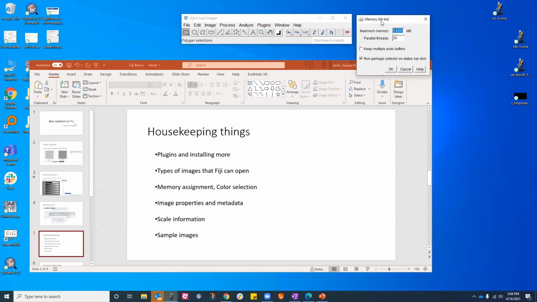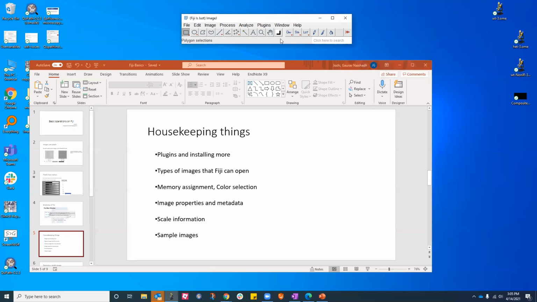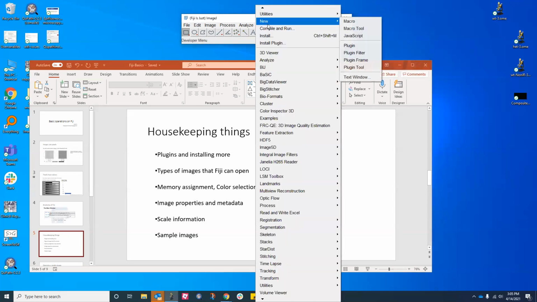That's good enough to do very small operations. But if you want to open big stacks of images, it's a problem. Okay, so just keep that in mind. And once you increase the memory, you have to restart Fiji so that the new memory that you have assigned gets applied to Fiji. Okay. The other way of